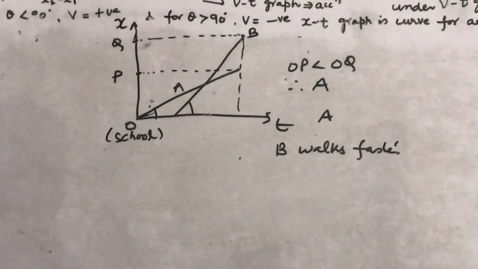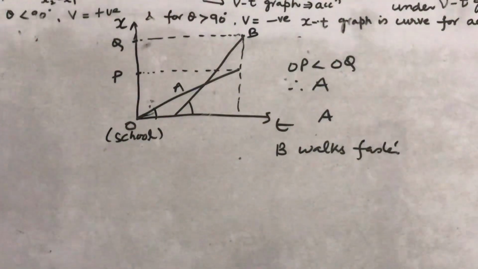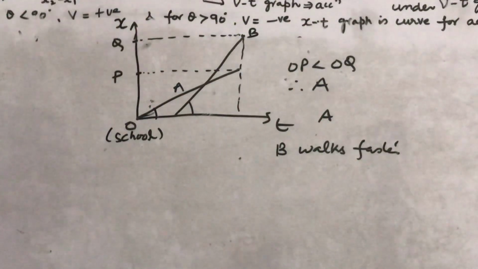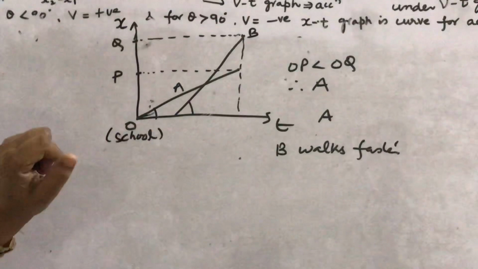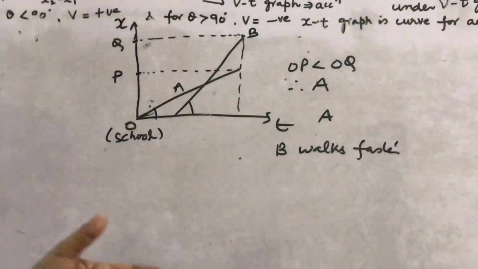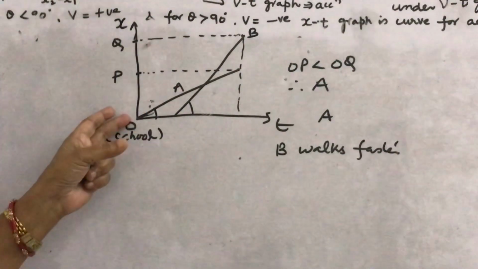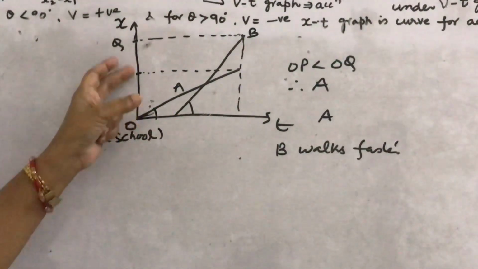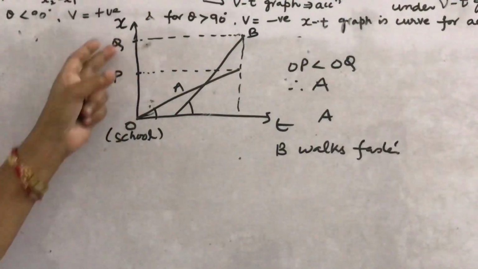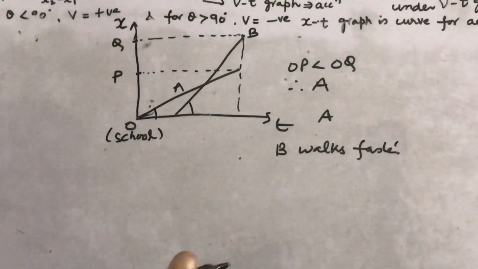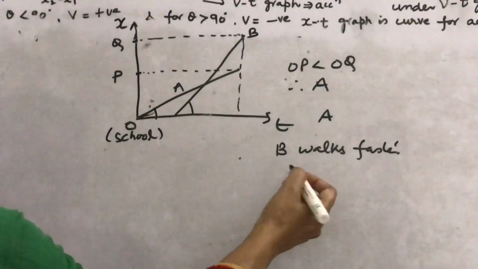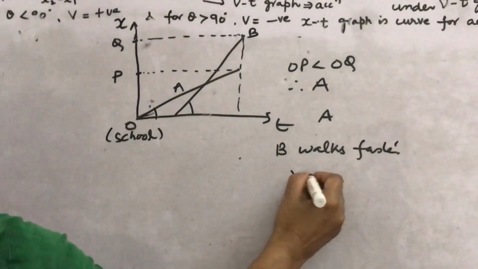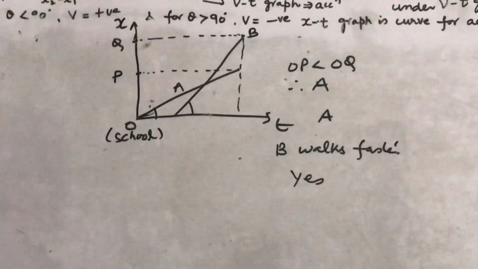Next part, do they reach their home simultaneously at the same time? Look, where are the homes P and Q? Yes, at the same time. Why? Because corresponding to the time axis, they are at the same time at home P and Q. What will you say? That yes, corresponding to P and Q, time T is same. So, its answer will be yes.